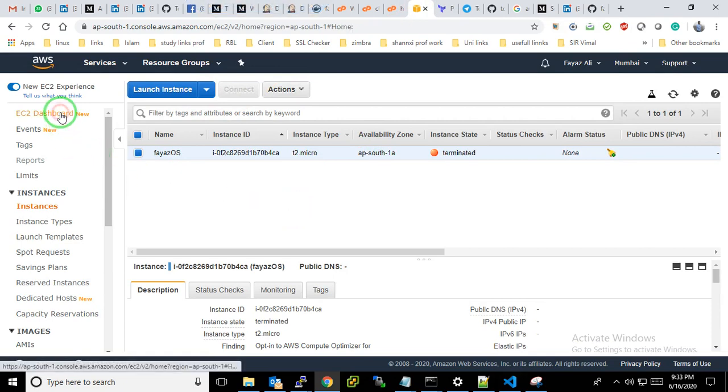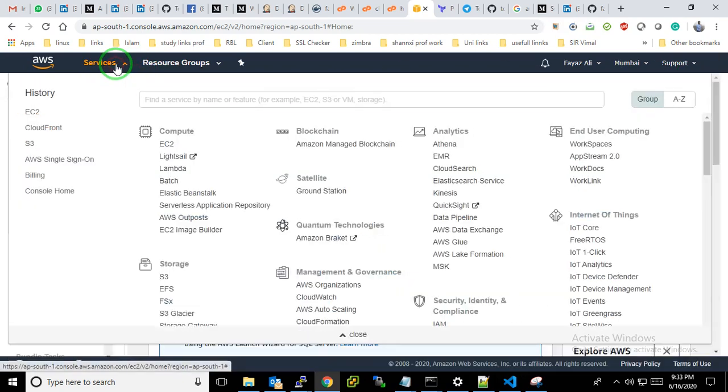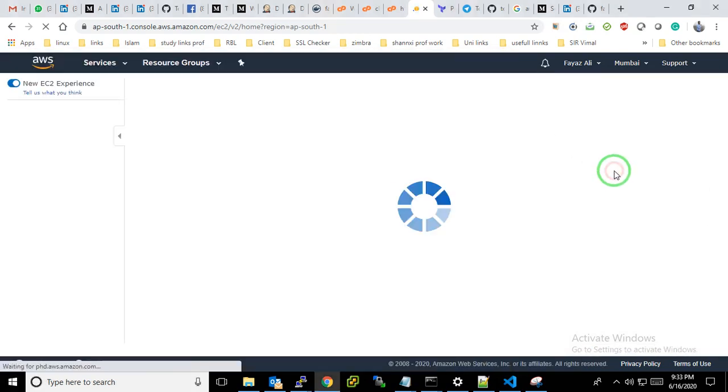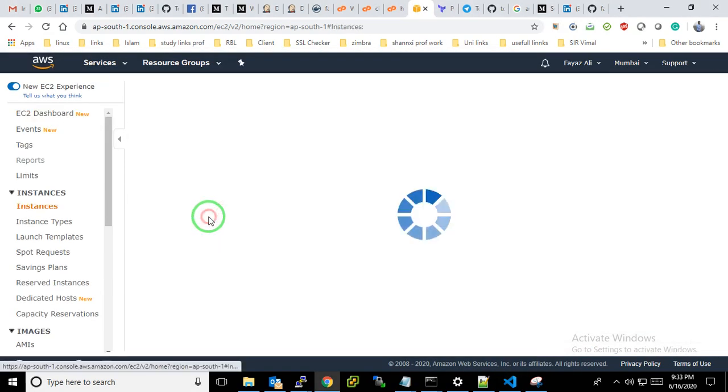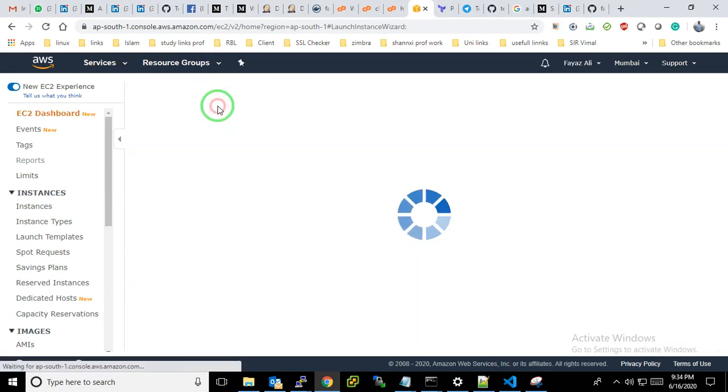So in AWS, what happens? We normally log in on AWS, go to EC2 and launch the EC2, following whatever steps we have to follow. So everything is manual.